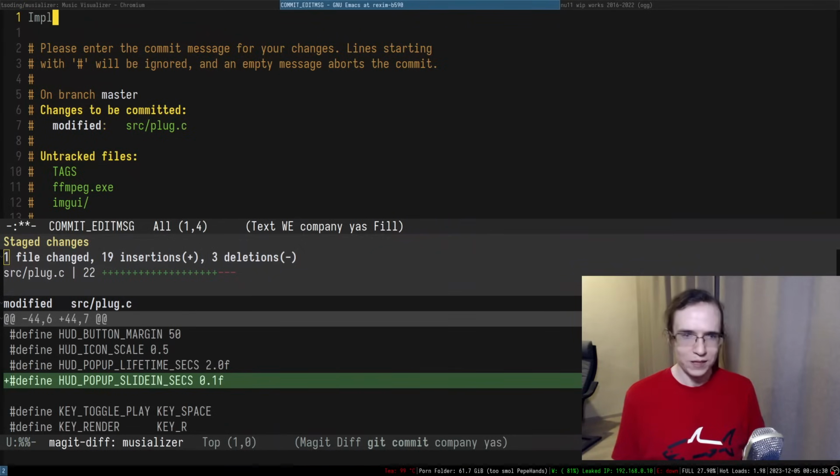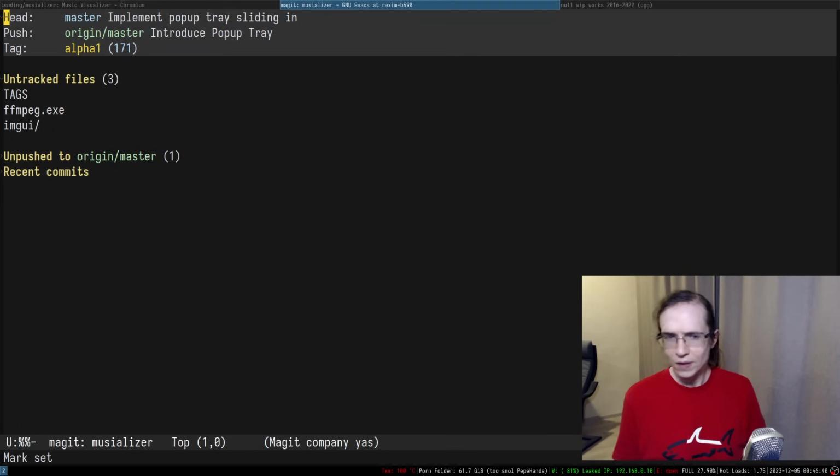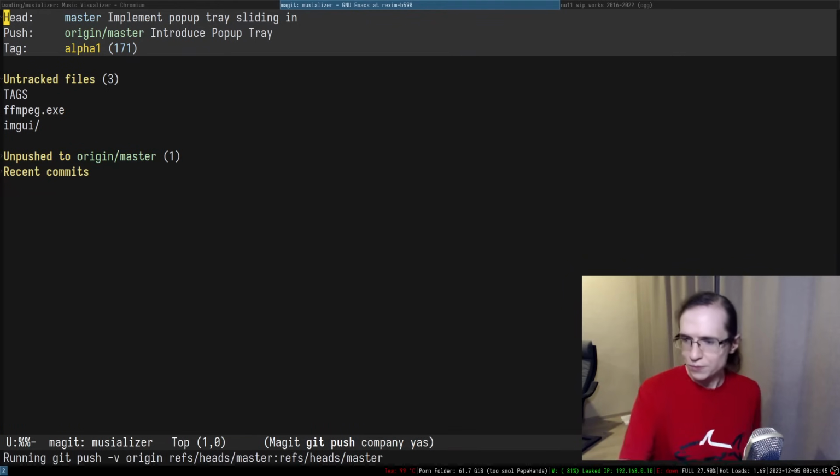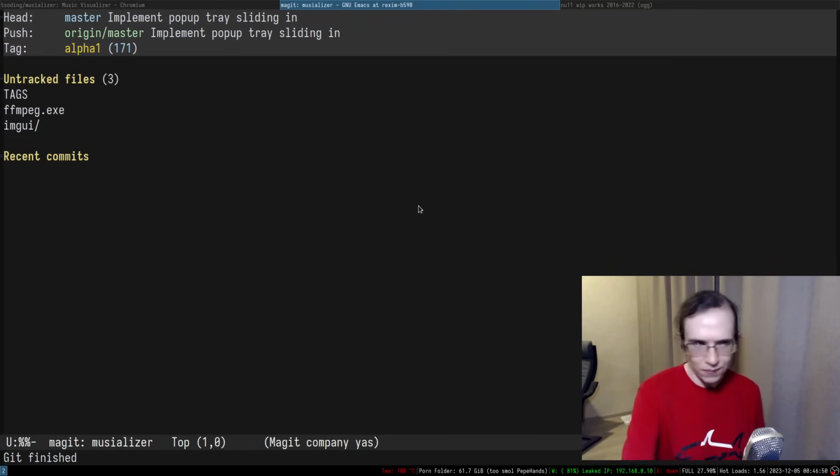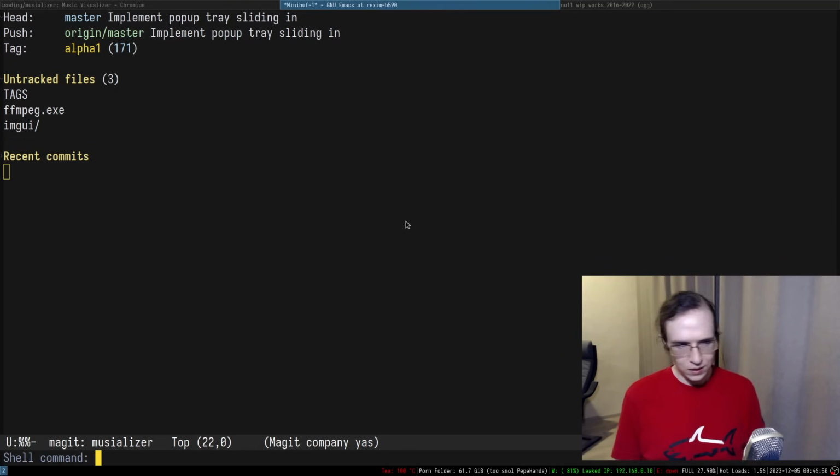Okay, implement pop-up tray sliding in. Right, I'm gonna push that right into the repo. Already ran out of tea. So